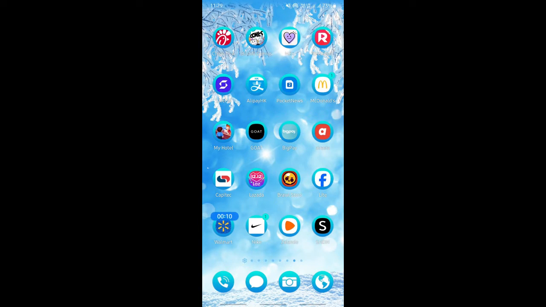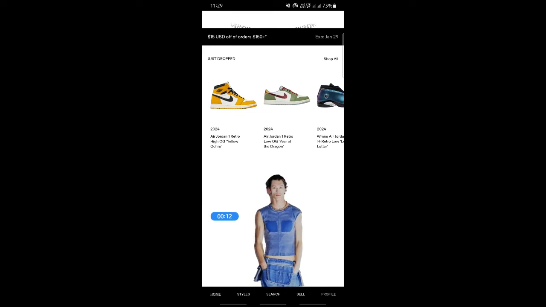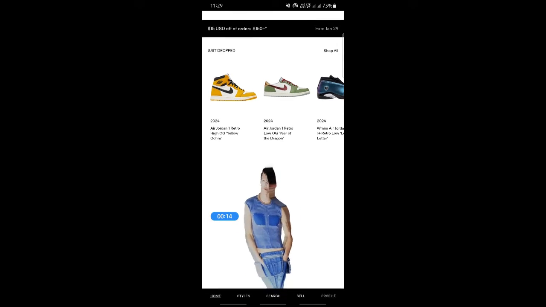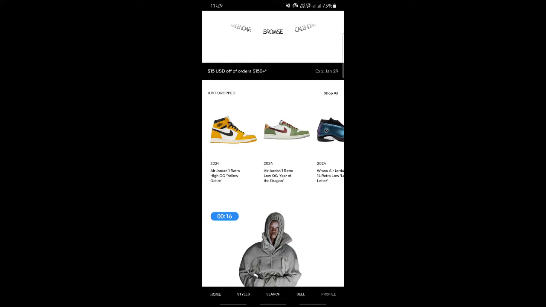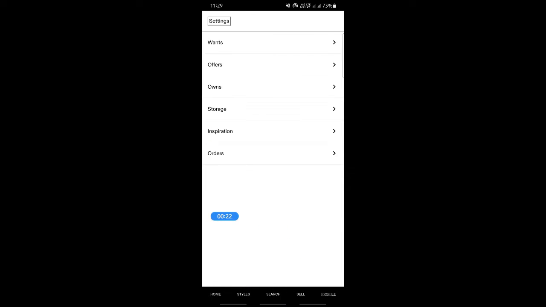So open up the Goat app and log into your account. Once you've logged into your account, you're on your account here. What you're going to do is simply hit on your profile. Underneath, on the tab below, just click on the profile, and then here if you want to cancel an order,